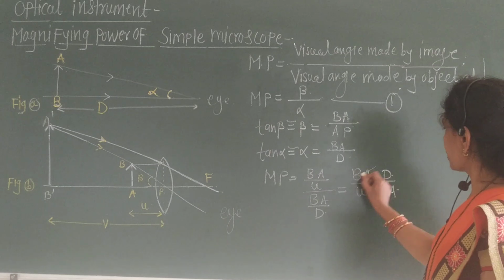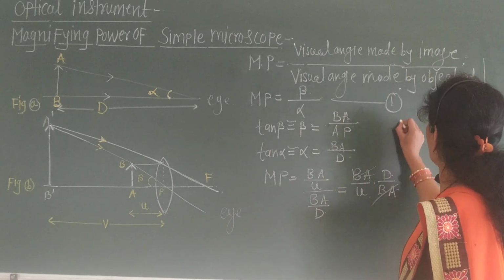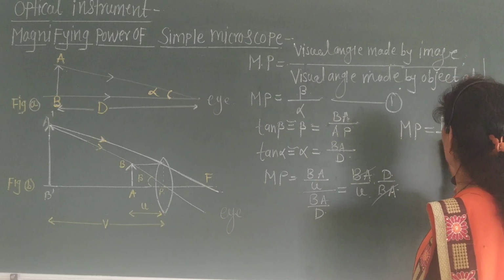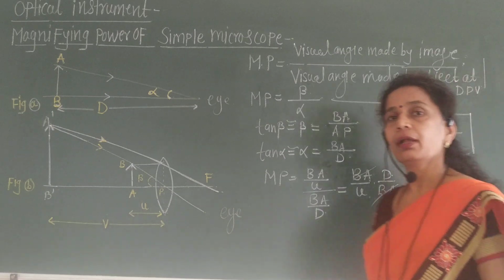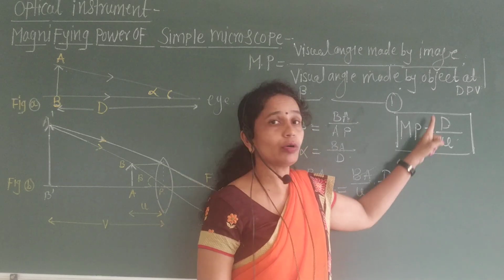Therefore this BA gets cancelled, D upon U, and therefore we get MP is equal to D upon U, and this is the equation for magnifying power of